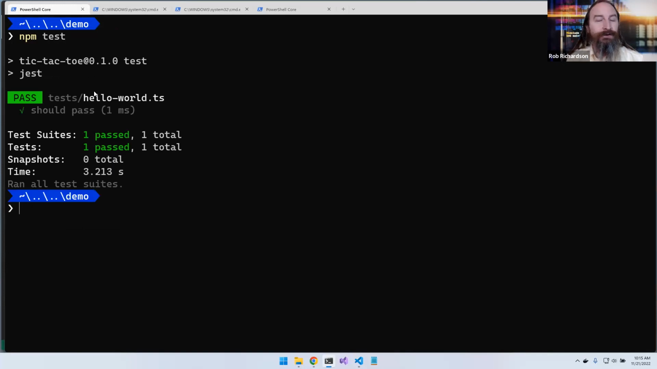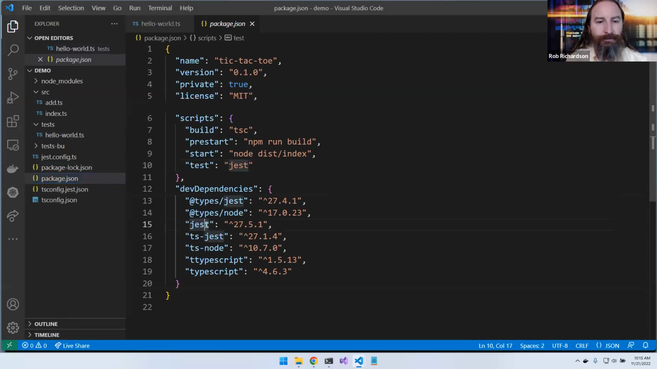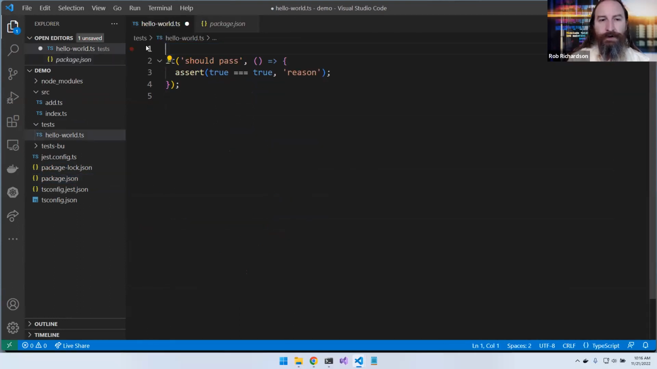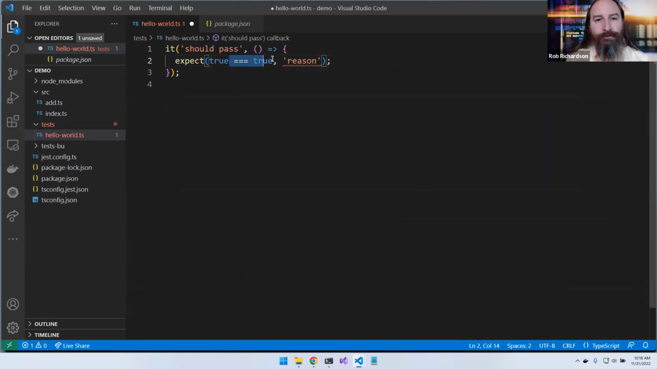Now, in this case, we didn't use a whole lot of external libraries. We just used the built-in things. But here in this project, I do have Jest installed. So when I run my npm test, it actually just launches Jest. And so we can modify this test a little bit to be able to use Jest. Jest has the expect, and I like that. So let's expect true